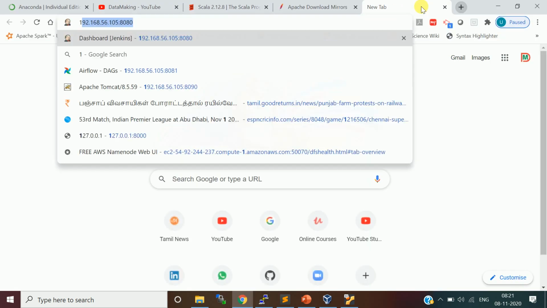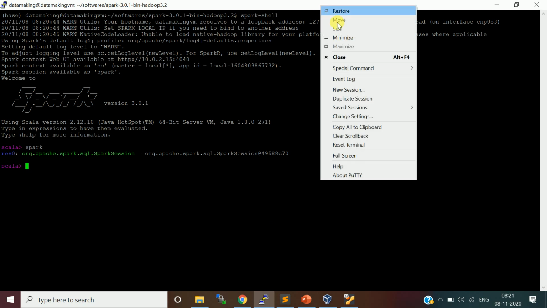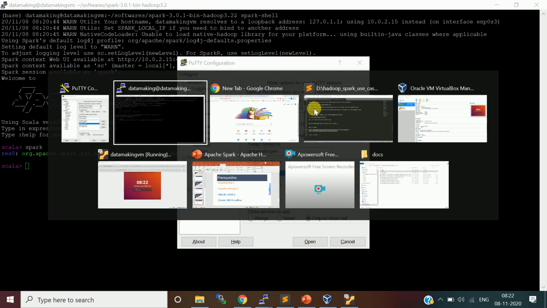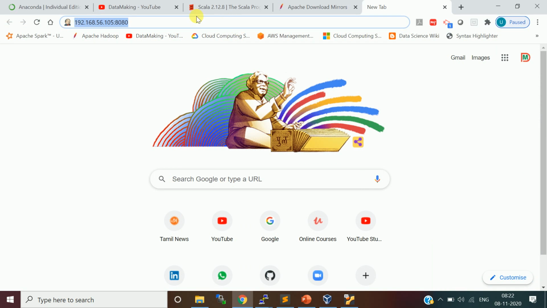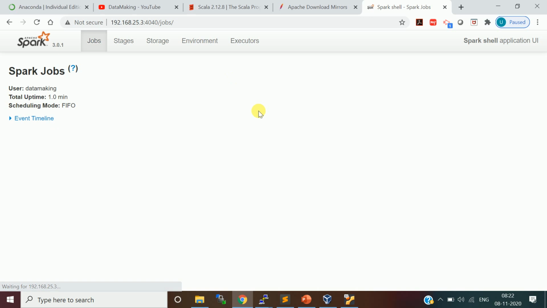I'll just say 192, the IP address is basically 192.25.3. I'll check whether I'm able to access it at port 4040. Yeah, I'm able to access it.